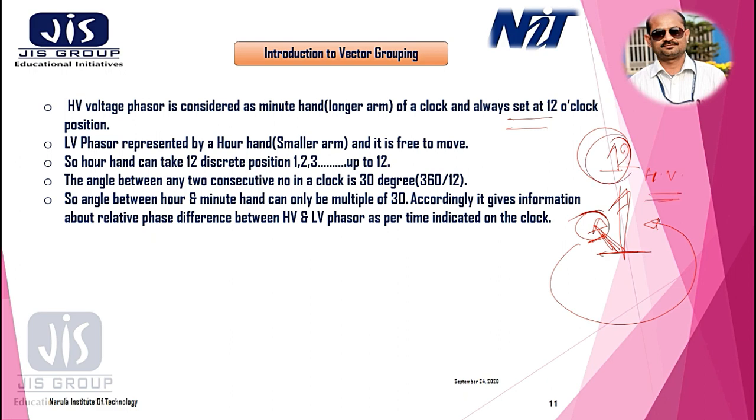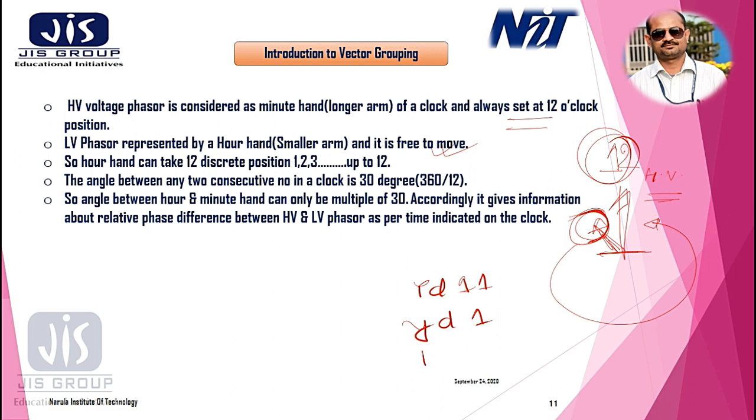So this is fixed, and the shorter arm is free to move. The hour hand can take 12 discrete positions. Accordingly, we designate it 1, 2, 3 up to 11. Accordingly, we can designate it YD11,